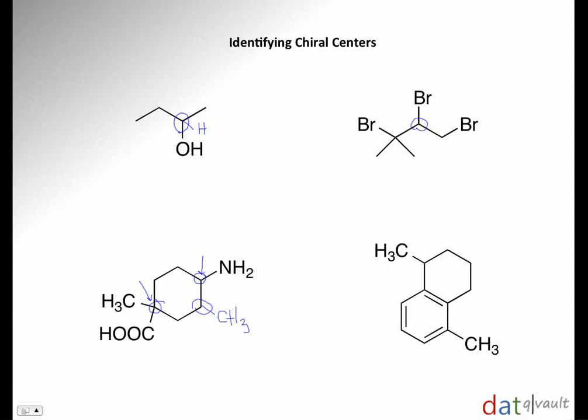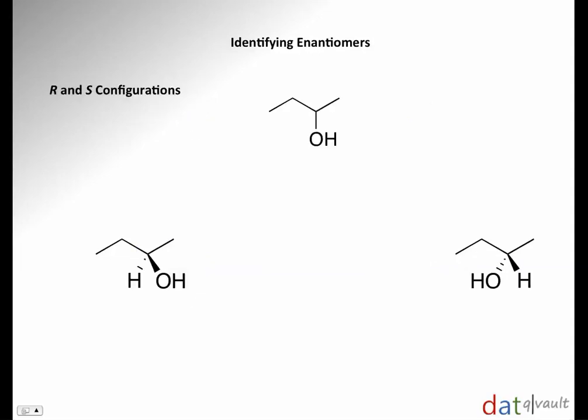Alright, now we're going to take a look at our last example over here on the right-hand side. So just remember that carbon chiral centers have to be sp3 hybridized, right? So that means it has to have 4 different things coming off of it. So this center right here is a chiral center, but this sp2 hybridized center right here is not a chiral center because it only has 3 different substituents on it. Alright, now that we know how to identify chiral centers,